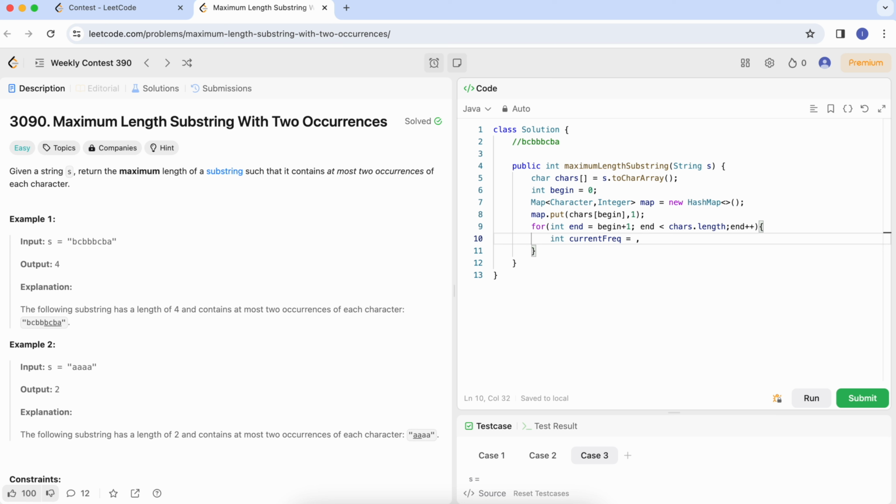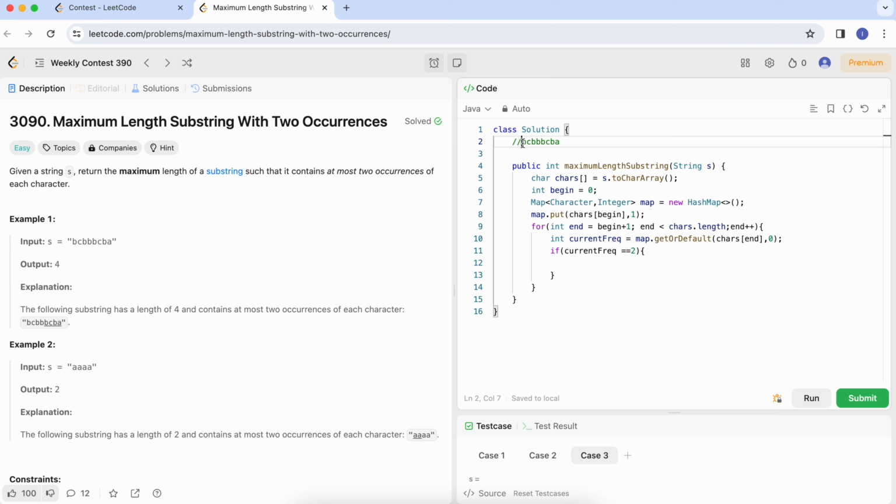So map.getOrDefault the frequency of the current character, which is at end. If this current frequency is 2,